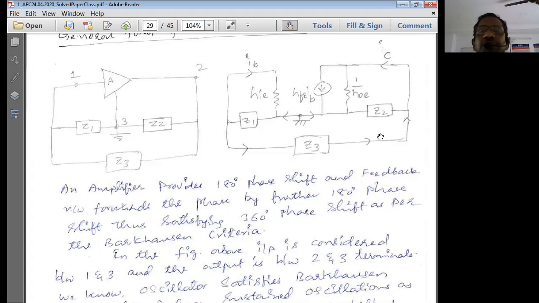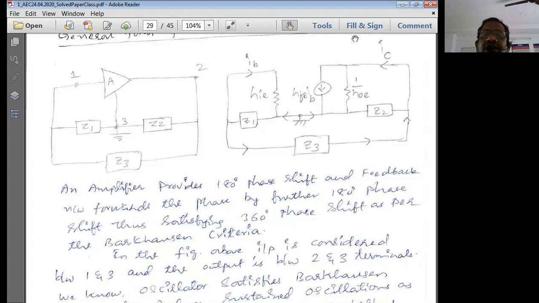Now, the next part is going to be the direction of currents. The emitter current is simply flowing from emitter to the ground. After that, from ground, the signal is coming like this and going like this, one part. Another part is coming into this particular network. Because what is the source of current? It is only the amplifier current. Whatever the amplifier current is there, that current is the source for the entire circuit.